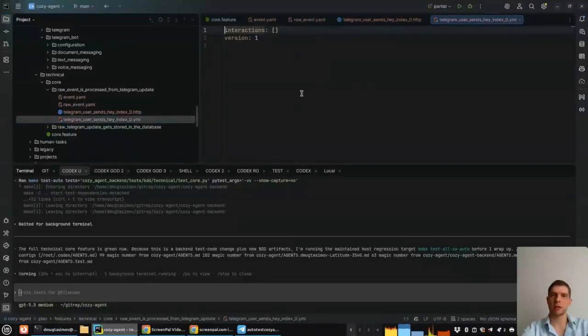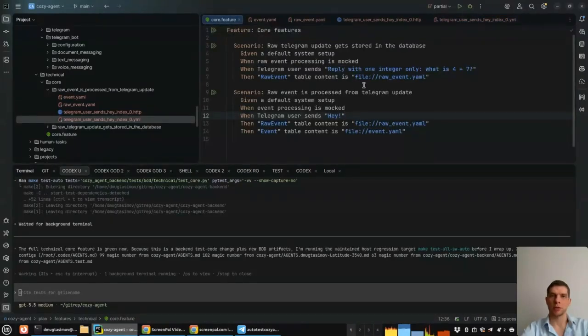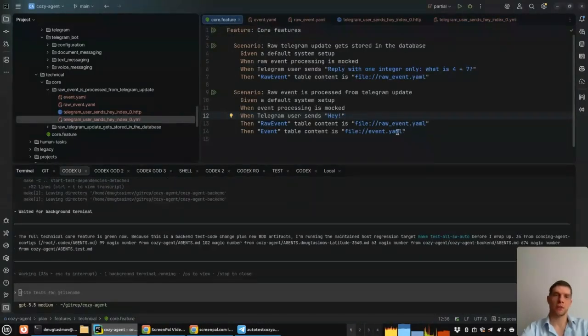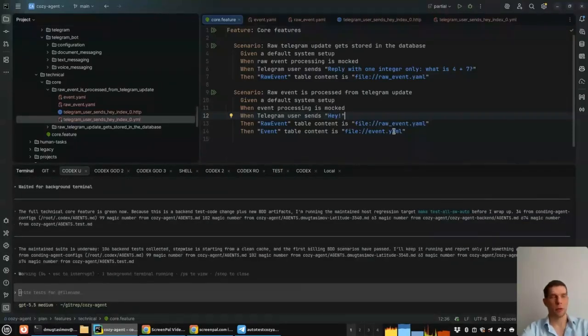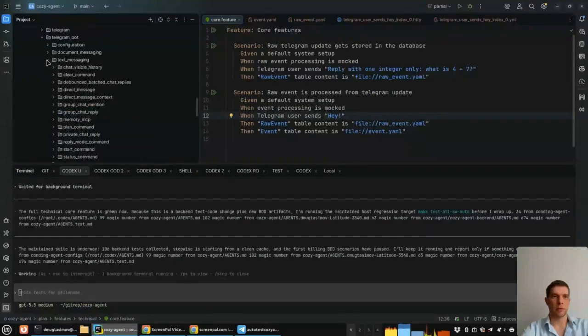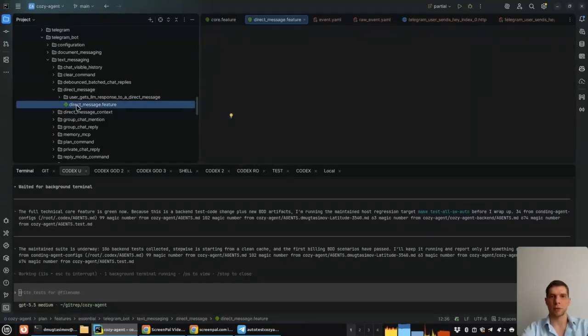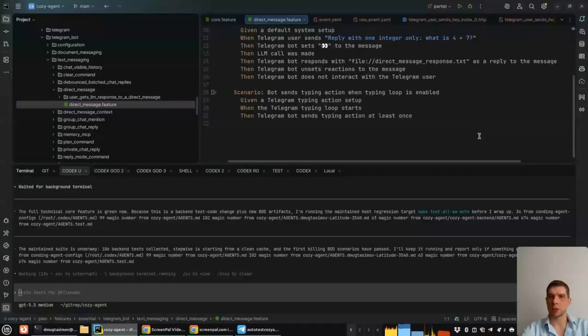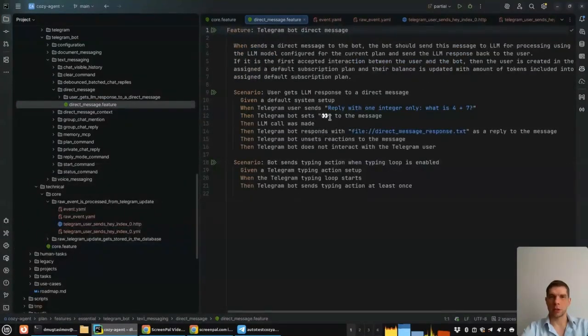And this file is empty because this one is designed to capture any outbound API calls. We don't have such outbound API calls for this specific test, but for other tests, we actually have them, and we use VCR Py for this. It's really great because we have a whole bunch of different scenarios. For example, this one where we actually